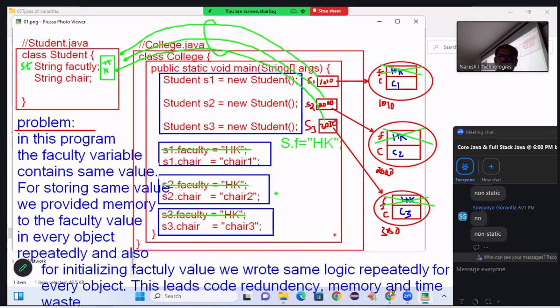Now, write down: solution to the above problem. What is the solution? We must declare the faculty variable as static,